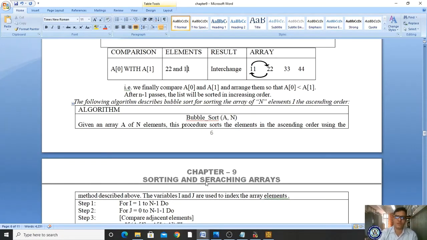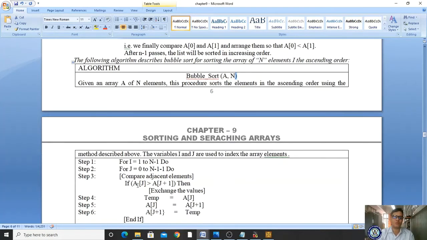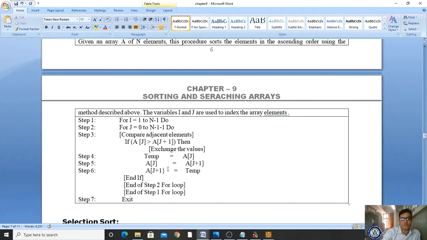In the bubble sort algorithm, a is the array and n is the size of the array, n elements. This procedure sorts the elements in ascending order using the methods described above. Let us see here: for i equal to 1 to n minus 1, for j equal to n minus 1 minus 1. This is the important logic.